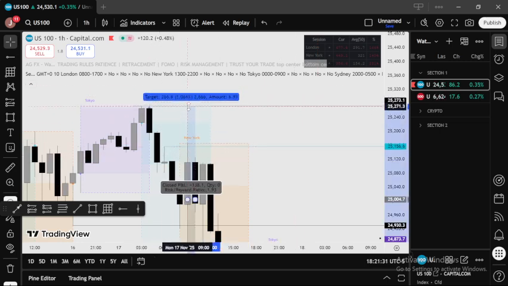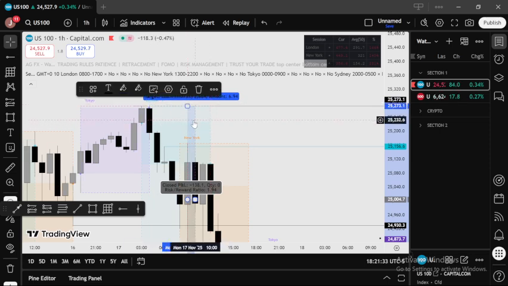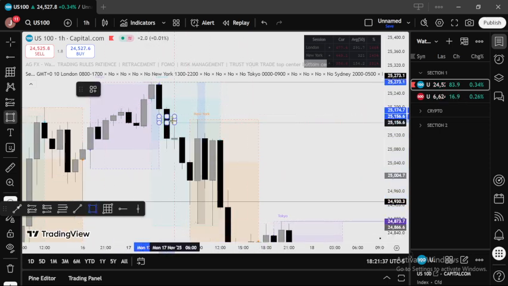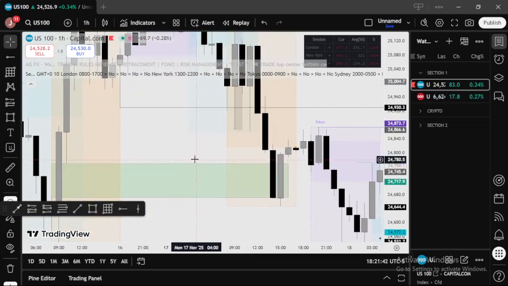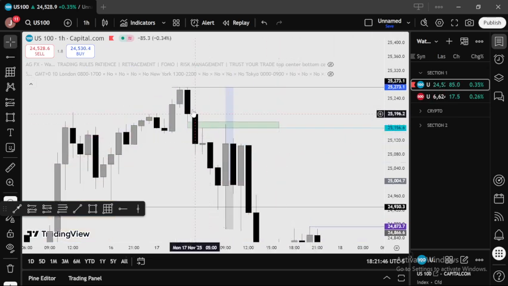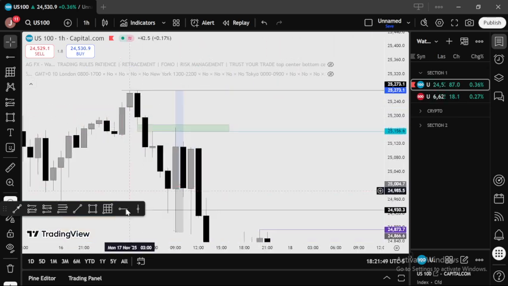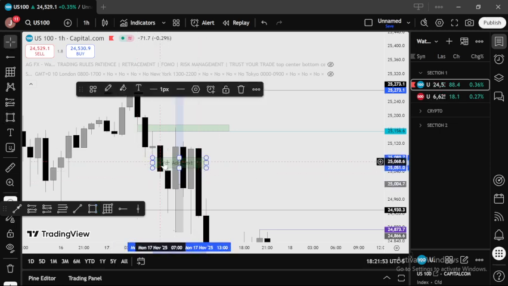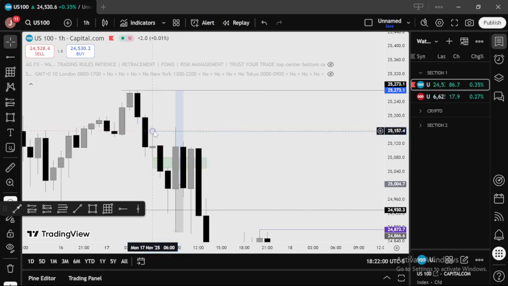So I was basically looking to target the session highs, but I didn't because we also had this fair value gap on the 1 hour, and also we had that draw on liquidity on the sell side. So I didn't really go for that full amount. And also because when we did tap into this hourly fair value gap, it basically showed me that okay, I shouldn't really hold this for too long because there was just a lot going on. I'll show you.